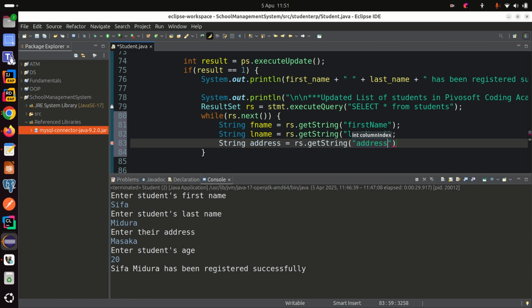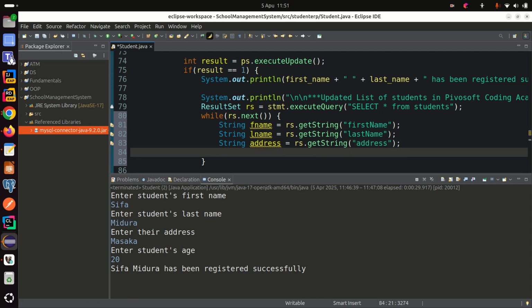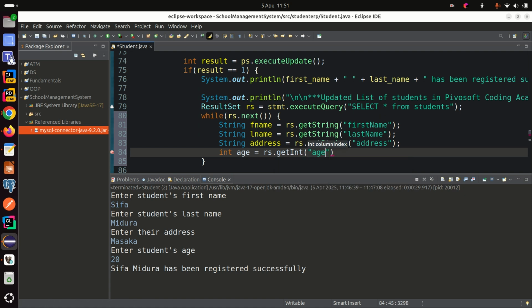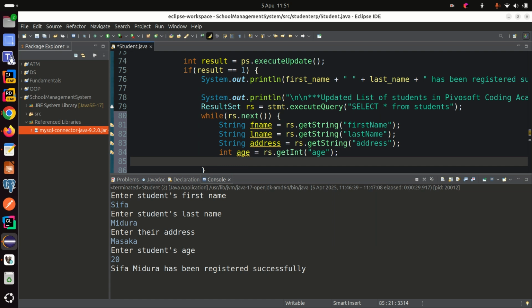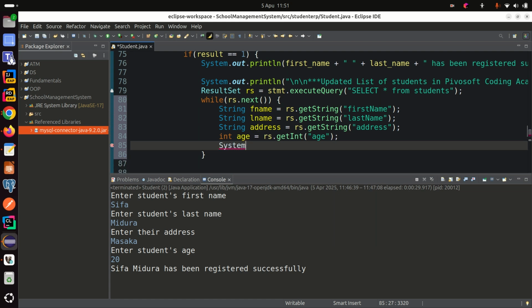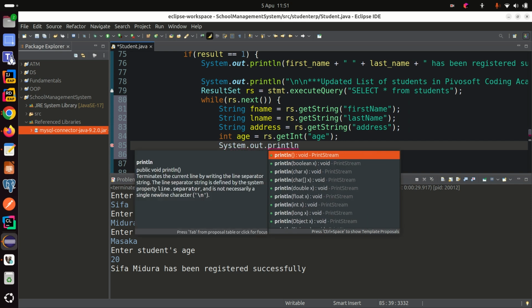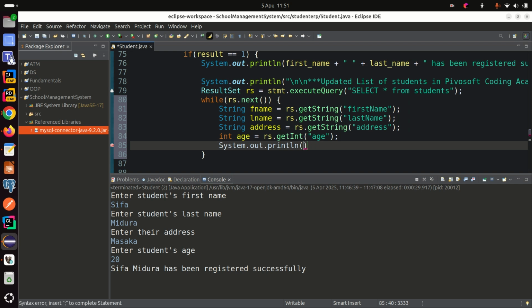So in this case, I'm trying to fetch information from the database. So right now I'm getting the actual values from each row, the first name, last name, and address. Then next is integer, which is the age. Then I say rs.getInt, and the column name is called age. So at this point I can print these values. So I can say system.out.println, and what am I going to print? I'm going to print fname,